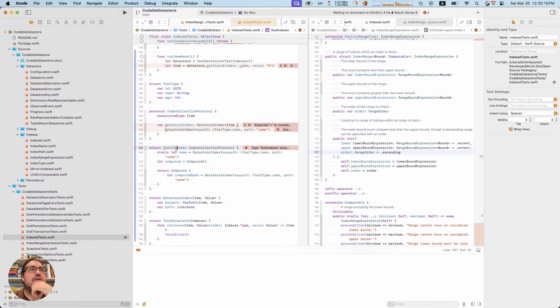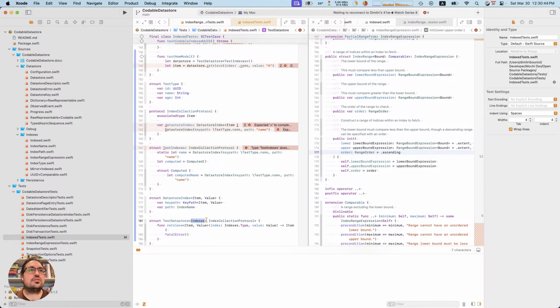However, if we were to pass this thing in, let's say it needs to conform to this protocol. That means that it's going to be locked to an item, which is what we want.